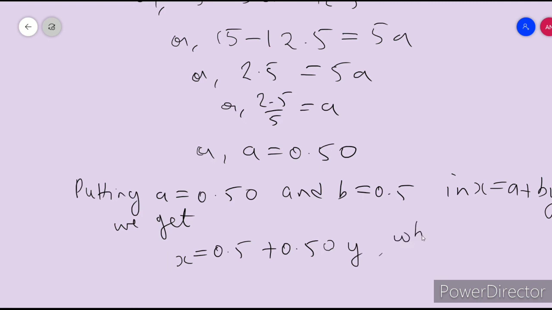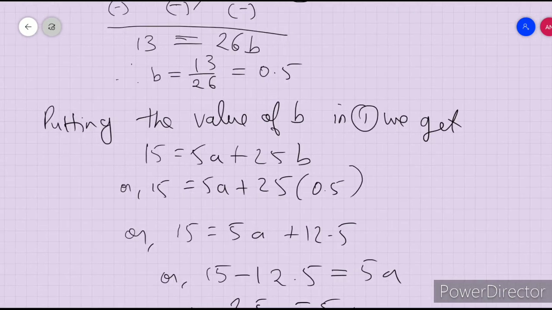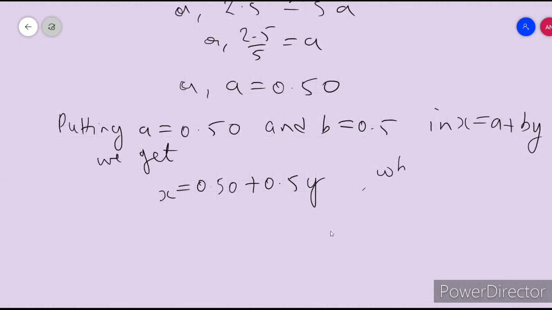I won't confuse you, because this is your a value here, this is your b value. So a value 0.50 and your b value was 0.5. So this is the regression equation